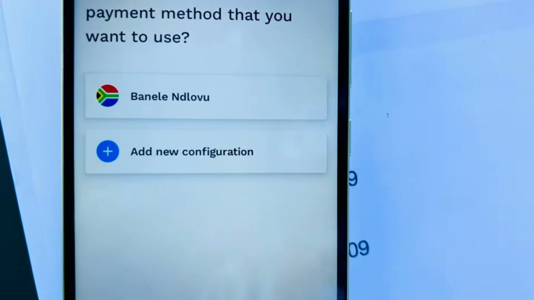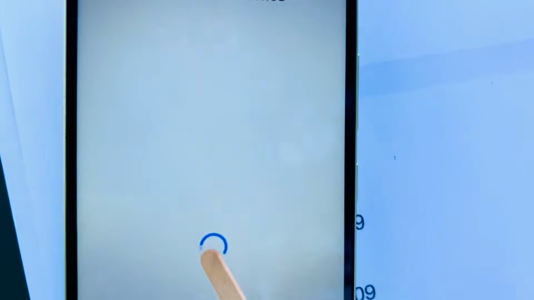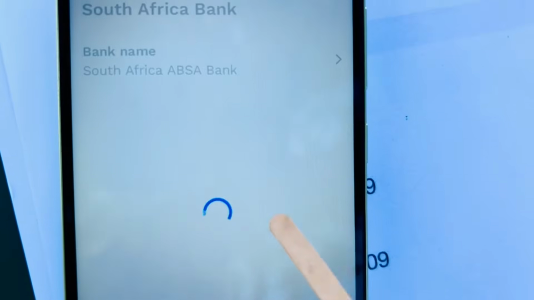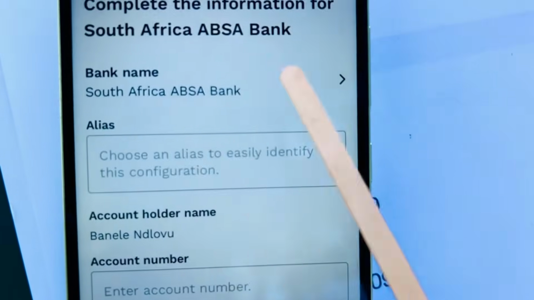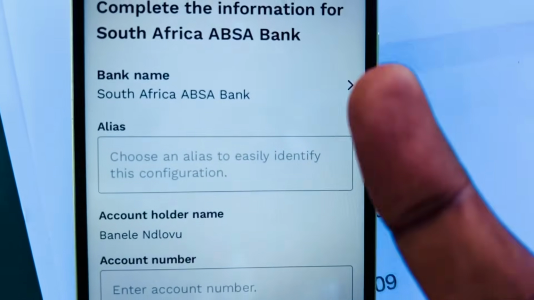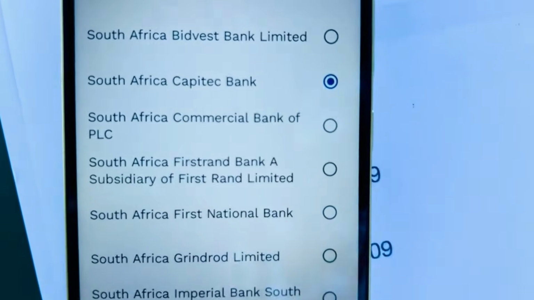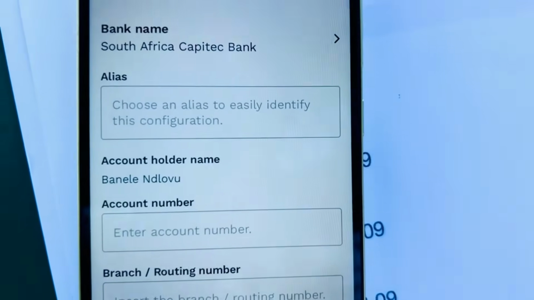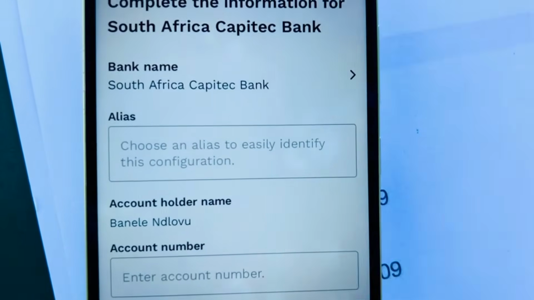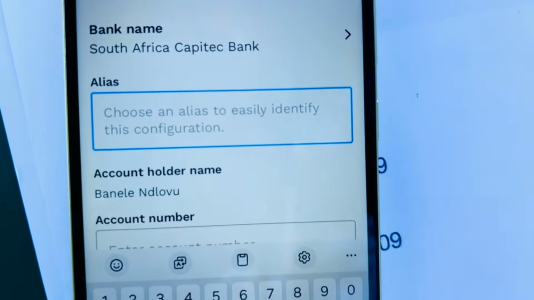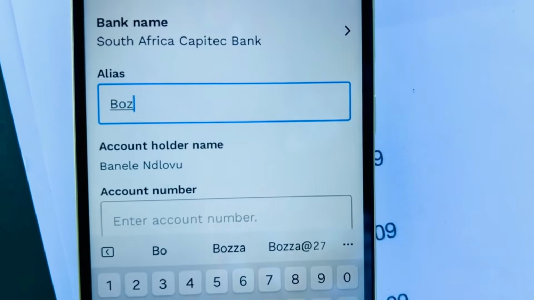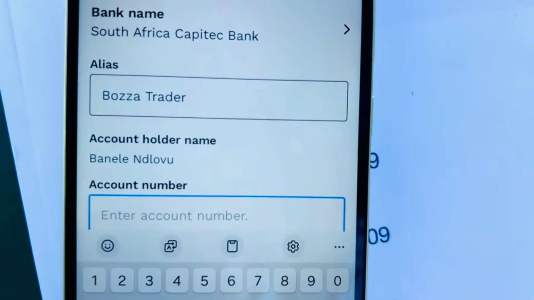we now have a new configuration, and after adding this, it's simple. Some of you might be confused at this section here, but you add the bank name that you want to use to complete the transaction. In this case, if you want to use Capitec, you click on save, and every country will be provided here. So the alias, this is just for you to identify the transaction. In this case, we can say maybe Pause a Trader,